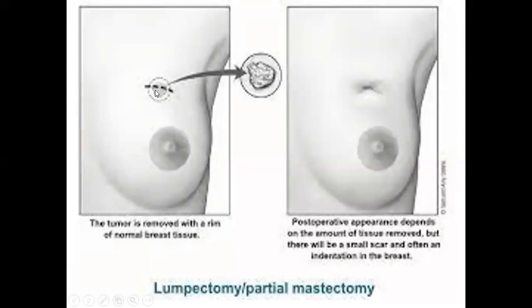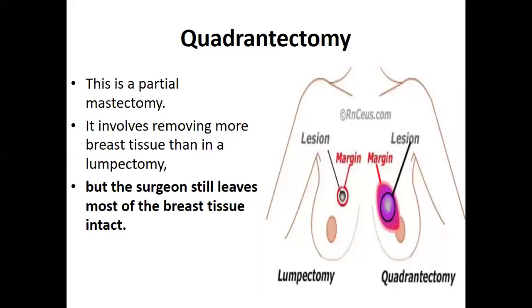So this is what we are talking about. If a tumor is here, the tumor is removed plus the surrounding tissue, and the person is just going to have a scar where the tumor was. So this is referred to as lumpectomy or partial mastectomy in some other literature. Then there is what is known as